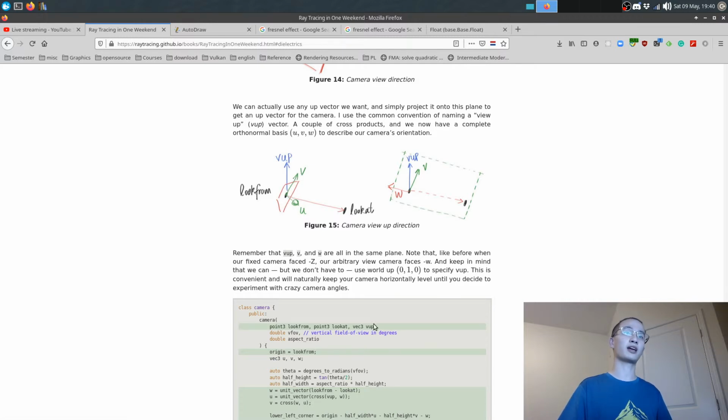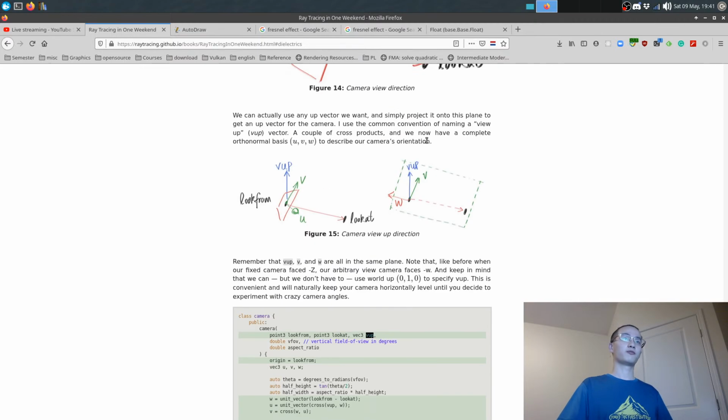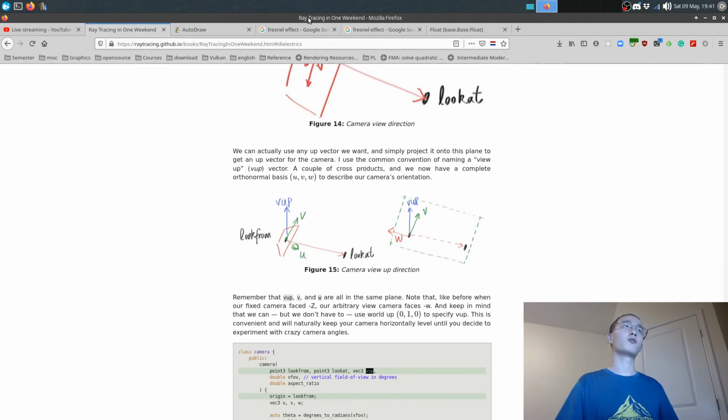So this VUp is not the final up vector. We will calculate the final up vector with a series of cross products, because this is 3D, so it's higher dimensions. We need to use something called Gram-Schmidt to get an orthonormal basis. And unfortunately,